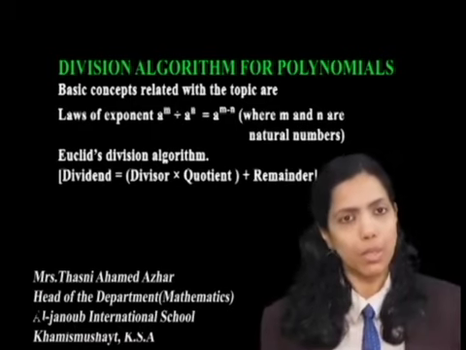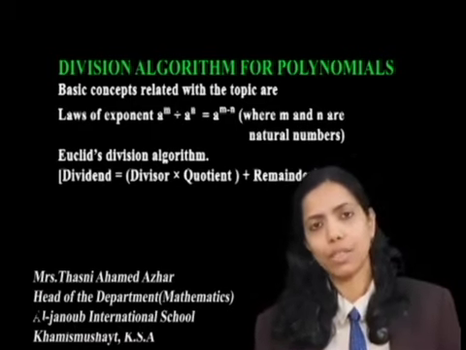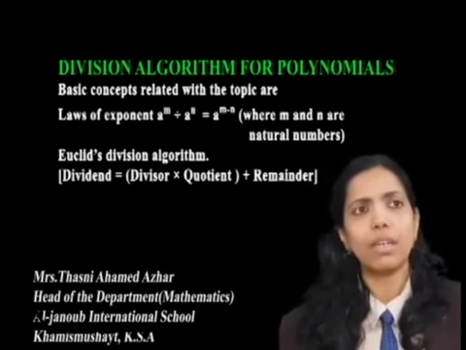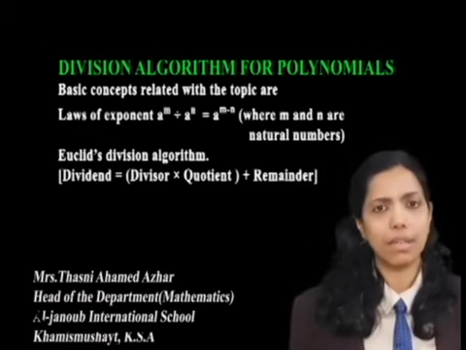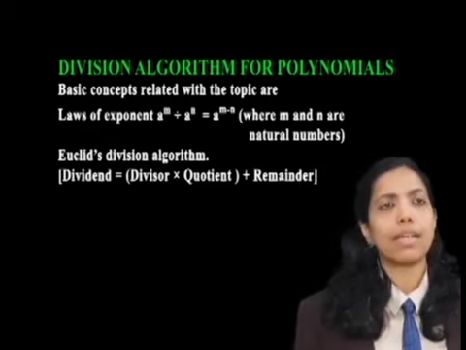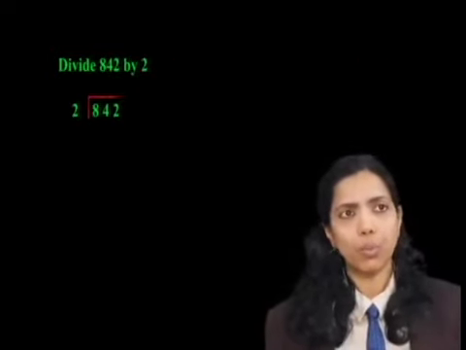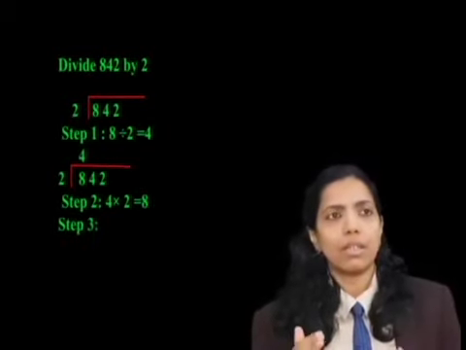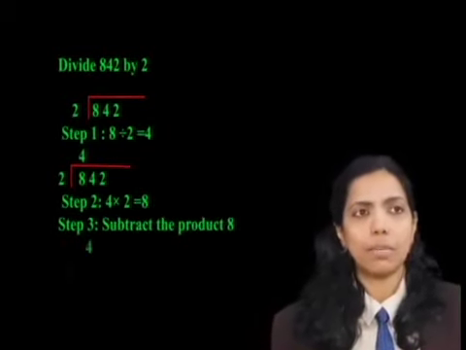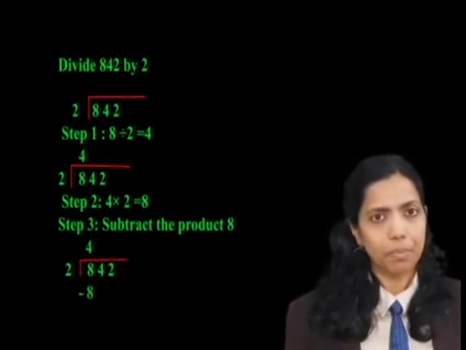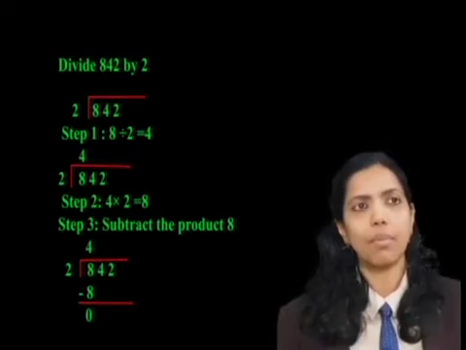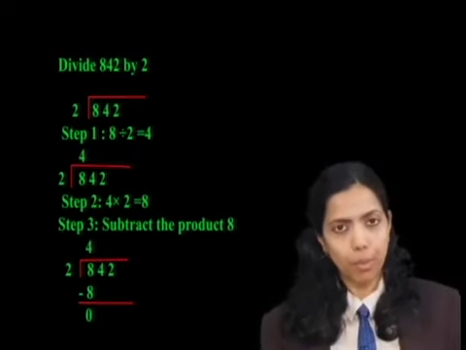So here we are checking division of the number 842 by 2. It is an easy calculation, and easily we can do the division and obtain the quotient and the remainder. Let us start that division. 842 divided by 2. What is the first step? We have to take the digit. We have the hundreds place digit, it is 8. So we are dividing 8 by 2. What is the answer? 8 by 2, I am getting 4.